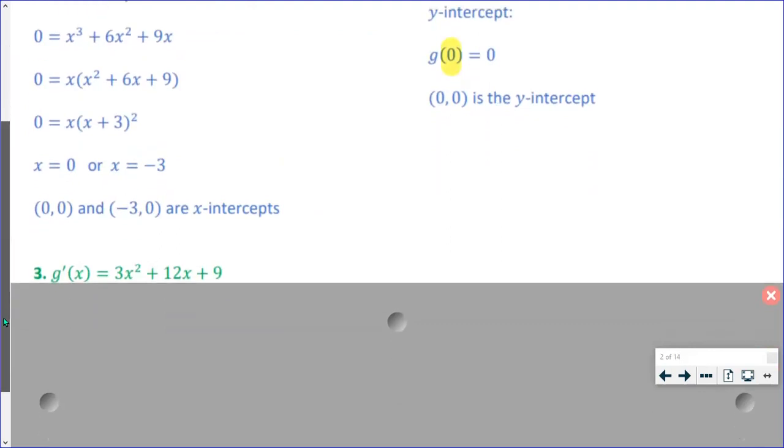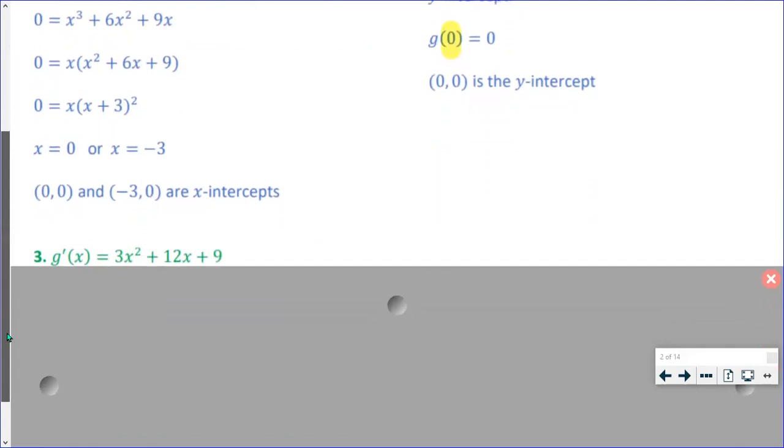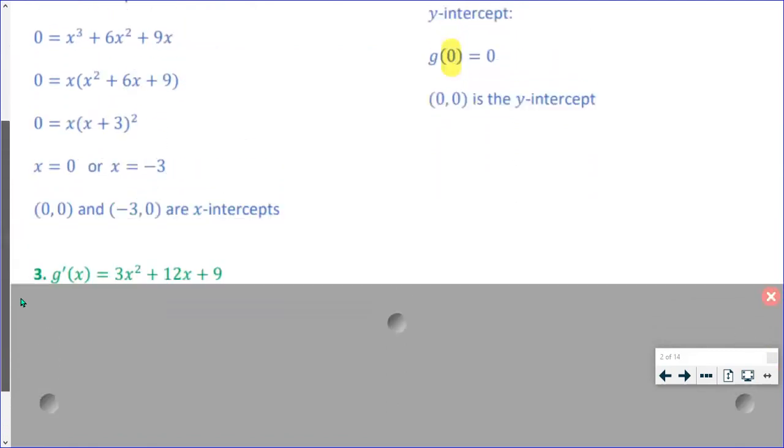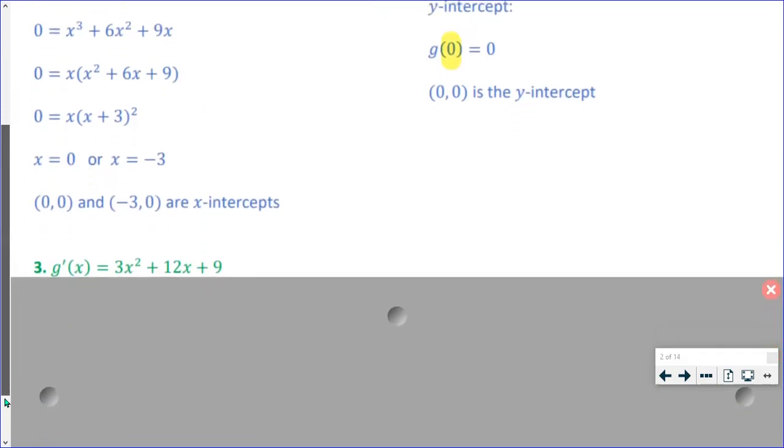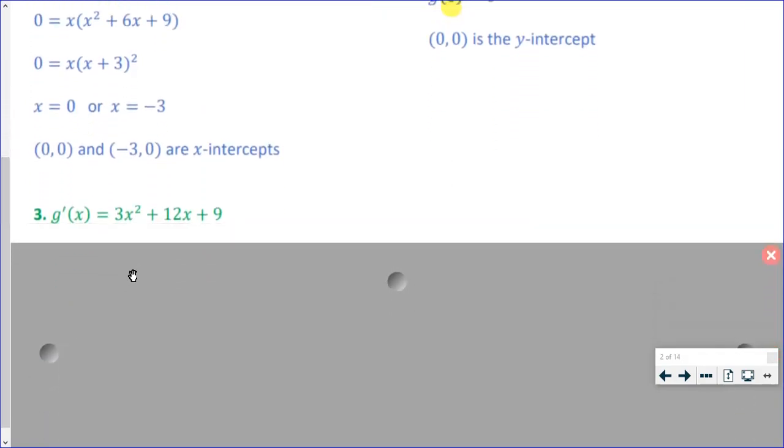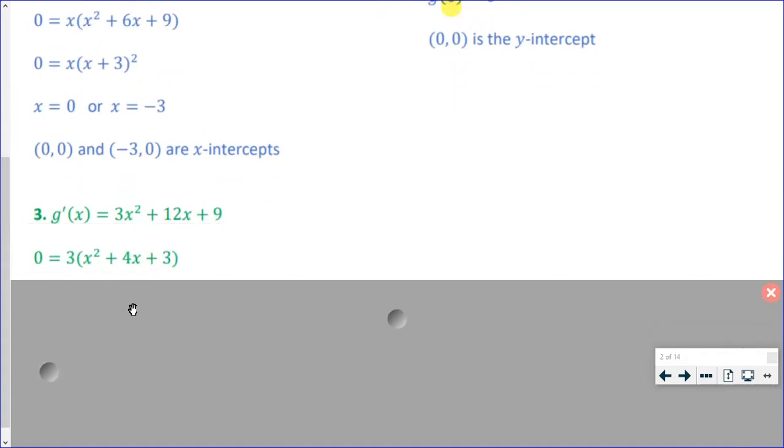Now for step 3, it says we have to determine the critical numbers by setting the first derivative equal to 0. So I have my equation. I just have to apply the power rule in order to get my first derivative. Now remember, we finished module 2. So in our lessons, I'm not going to be spending time on calculating the derivatives anymore. And we are going to assume that you're very comfortable now applying the derivative rules to get the equation of